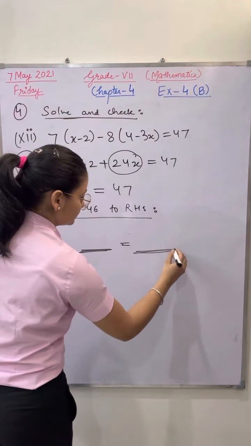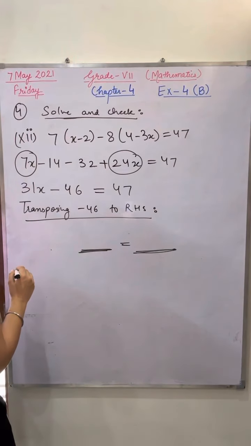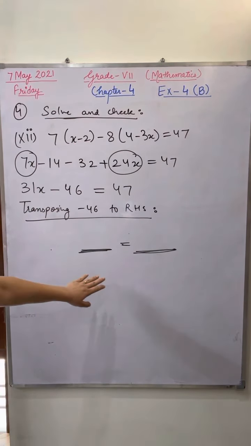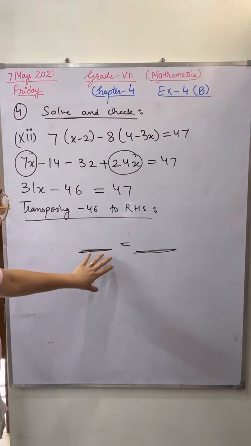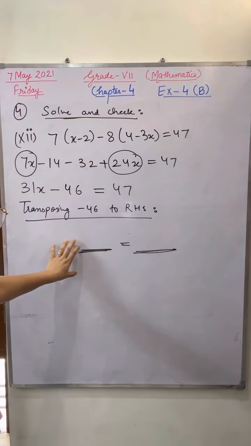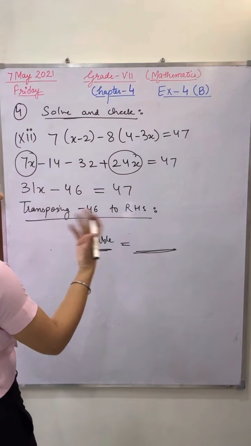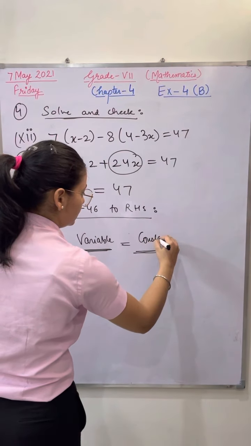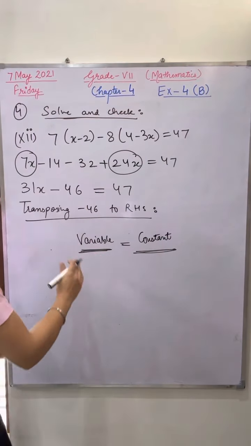Ananya? Yes, ma'am. Can you repeat? Your voice is cutting in between. Ananya, I have told a rule in the class that in your linear equation, on the left hand side we are always having what value? We are having variable value. Variables. Always we are having only variables on the left hand side and constants on the right hand side. Yes, ma'am. Okay, so this is the rule.